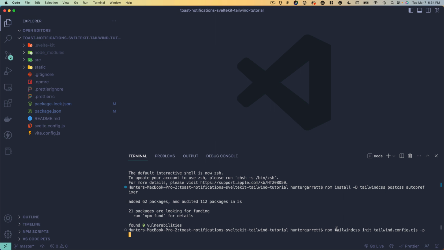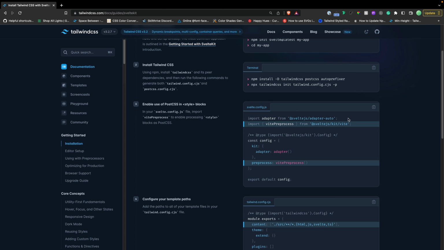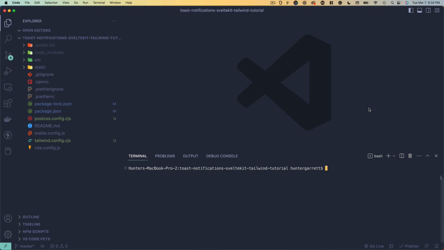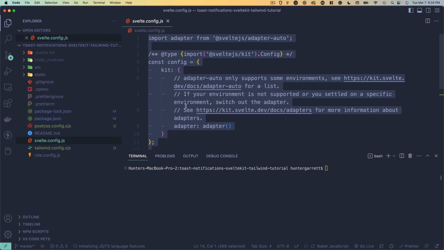So I'll run this command. Then we need to add the following code in our Svelte config file. So I'll click here to copy all this code, come into my Svelte config file, and go ahead and replace